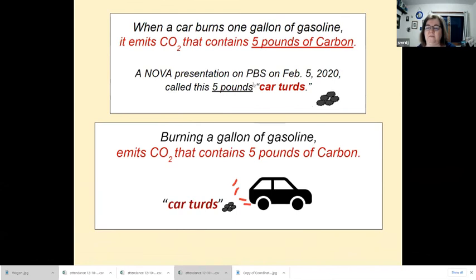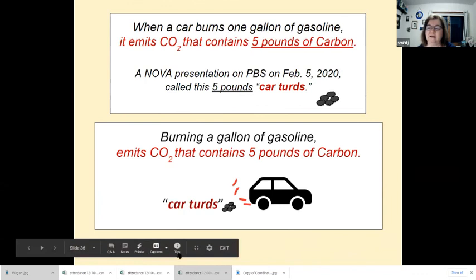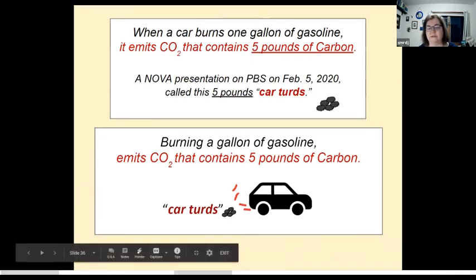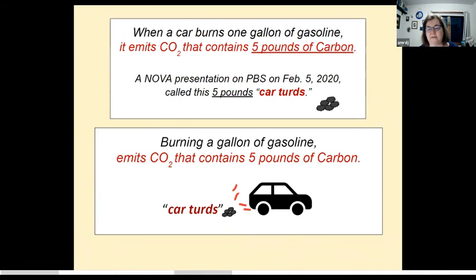And if the kids have been bored up to this point, they become very involved as soon as you start talking about car turds. But for every gallon of gas that is burned, they use car turds. So I would talk to the students about how far they lived from school approximately, and then how far their parents lived from work. So they had to find that out the night before I presented this. And then we actually figured out how many gallons of gas were being burned per day, and figured out how many pounds our classroom